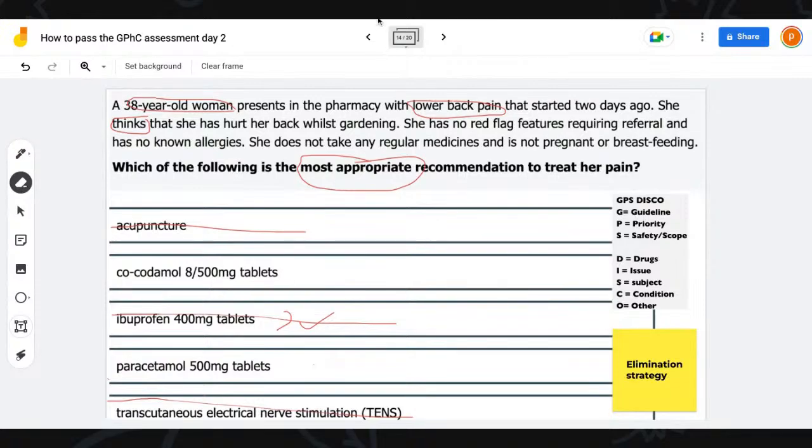Okay, is that clear? We'll have to use the guidelines to answer these questions. Paracetamol alone is not effective. Absolutely, it's not effective. If asthma is well controlled, then co-codamol, yes. So co-codamol. How bad is the pain?